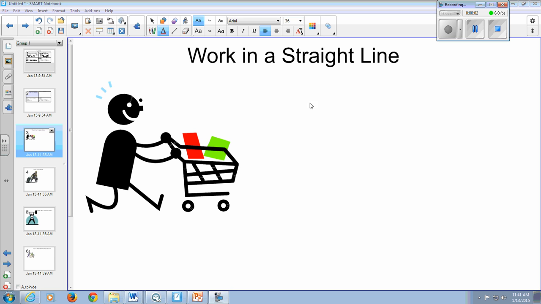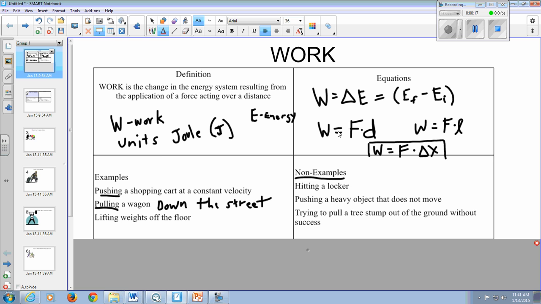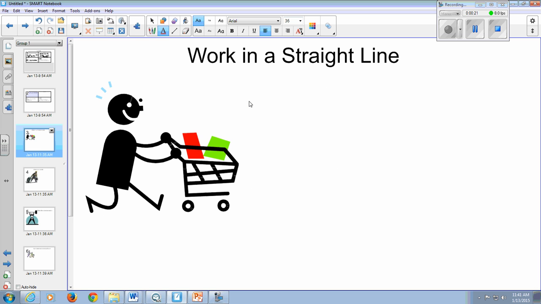Our book talks about four different types of work, and they have four specific equations. And reality is they pretty much derive off the same equation that we've started with, and that is that work is equal to force times distance. Okay, and for work in a straight line,